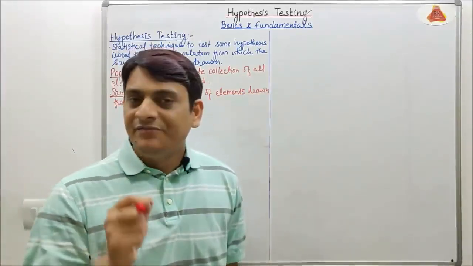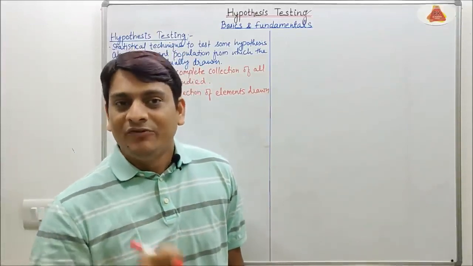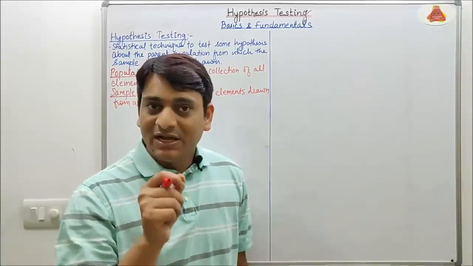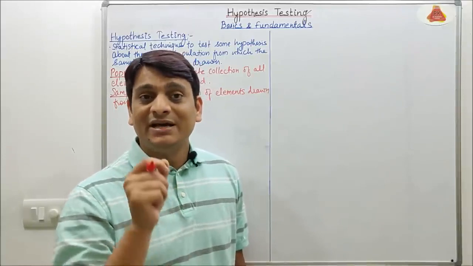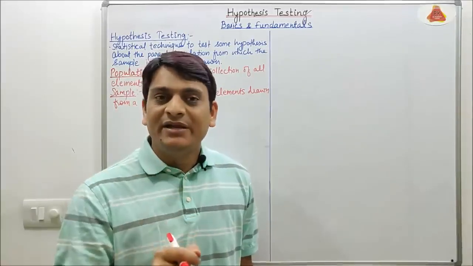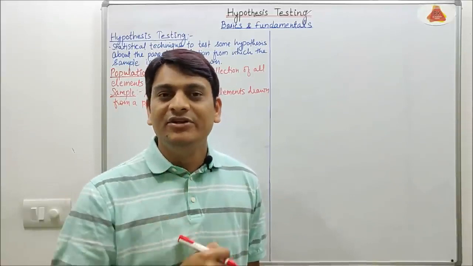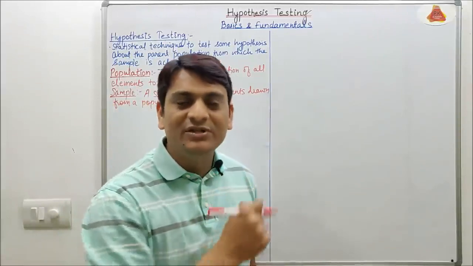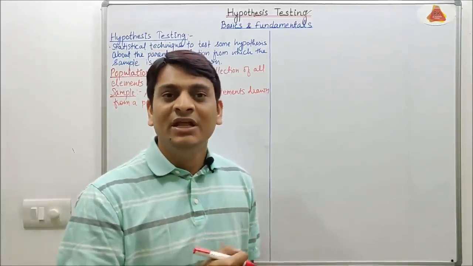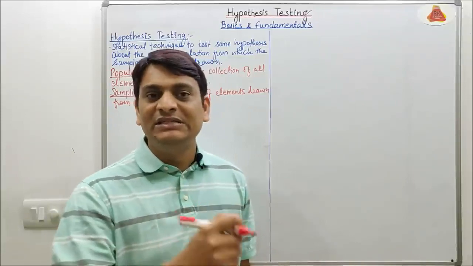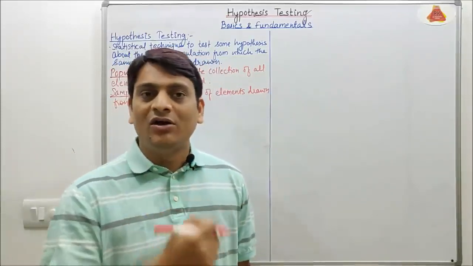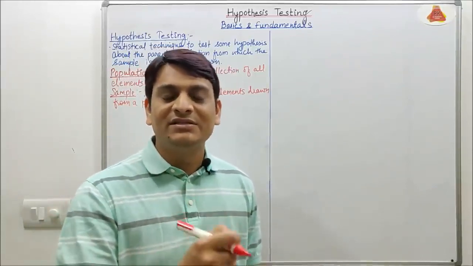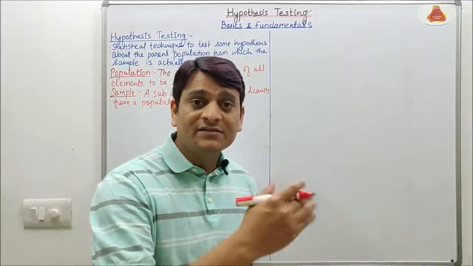So this is the simplified definition of population and a sample. For better understanding, here I am taking one example. For example, one class, B Pharm first year, contains 100 students, and we are determining how many students are watching YouTube videos. If we are running that estimation in all 100 students, then all 100 students will be considered as population. And if we are running that estimation in 50 students or 20 students out of those 100 students, then those 50 or 20 students will be considered as sample for that class.